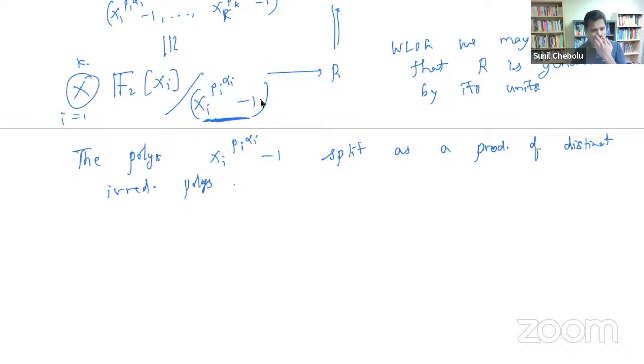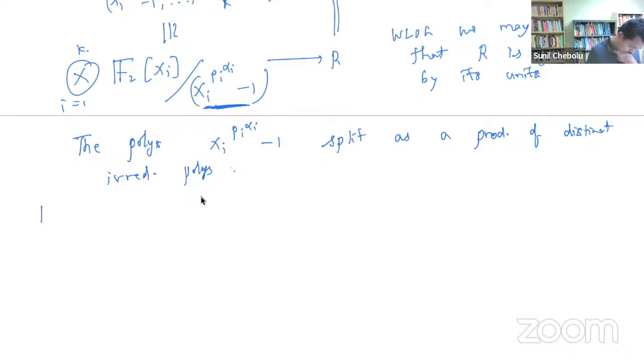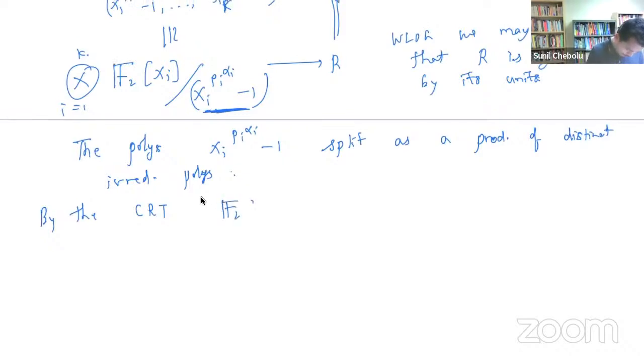And why is that? Well, that is because if you take this polynomial and you take its derivative, they're coprime, working mod 2, over F2. Whenever a polynomial and its derivative have no common factors, it actually splits as a product of distinct irreducible polynomials over F2[x]. Okay, so then by the Chinese remainder theorem, F2[x_i] over x_i^(p_i^(α_i)) minus 1